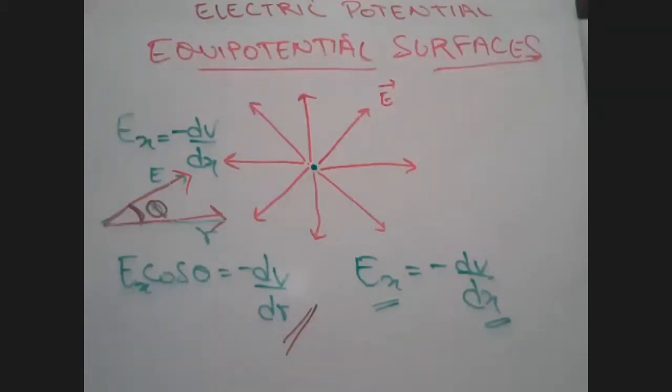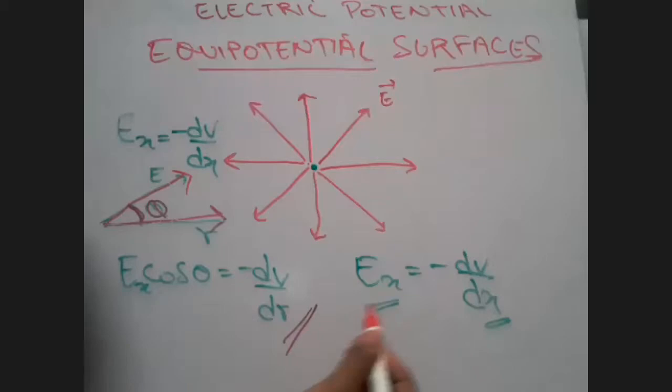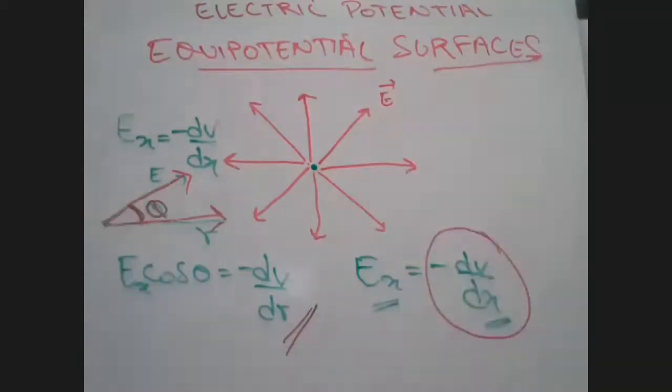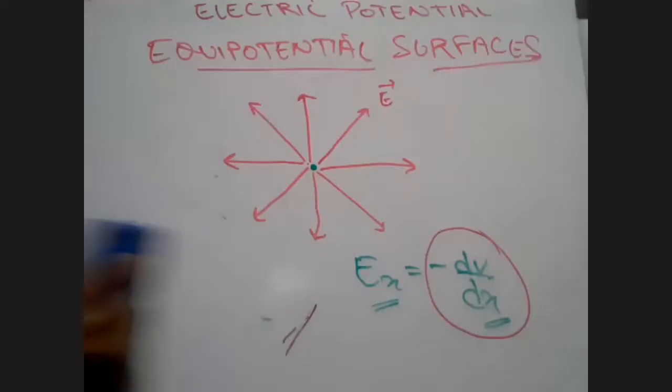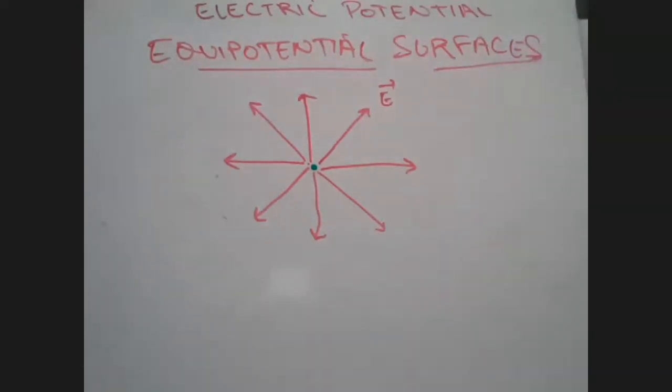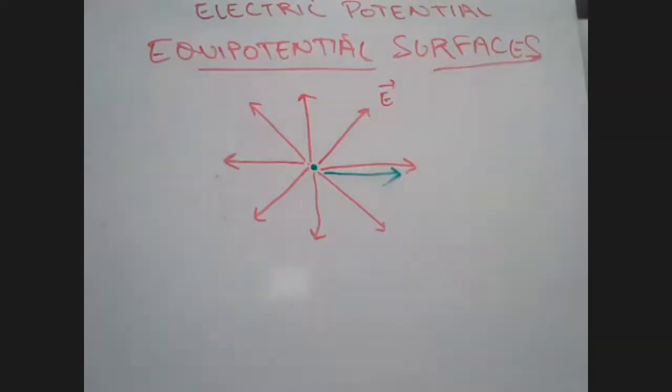And that maximum value says that wherever the electric field lines are going, if they are going in the x-axis direction, in that direction itself, potential will decrease by minus dv by dx. So if I am moving along this distance, is my potential going to change? Is my potential going to change?